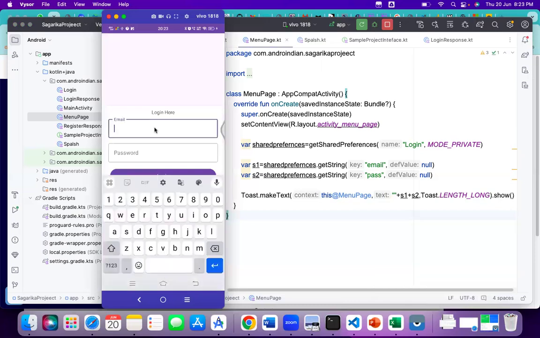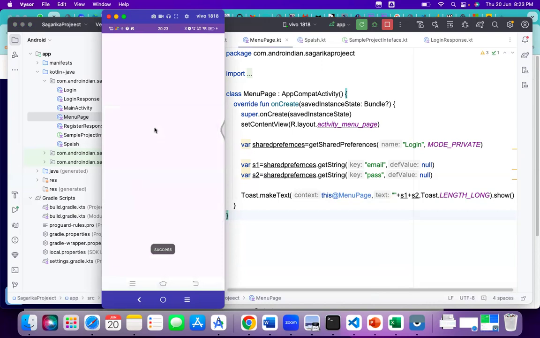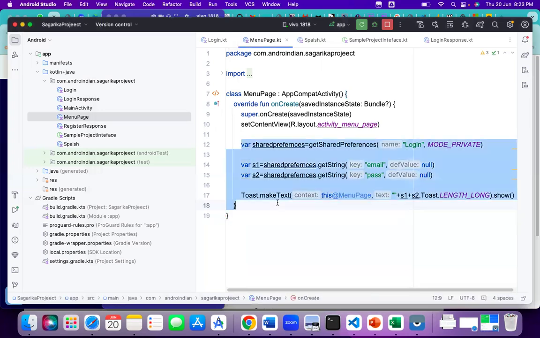Now from here we will try to log in. This is the user which we created previously. Now, success, it is coming here. Now see, whatever data is entered has come, which means the data is now available in shared preferences. Now, based on this condition, I'll create a session. How to create a session, we will see here. Now I'm copying these